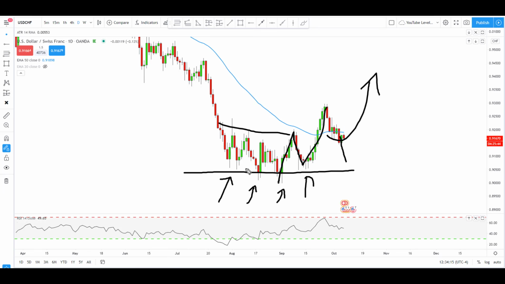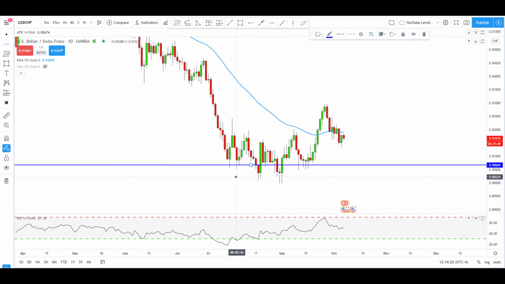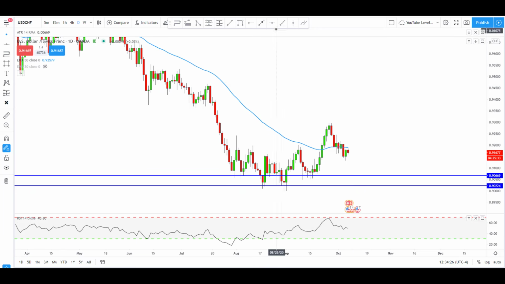I don't think we're going to make it back down to this support level. If we do, though, this support level will be a level that I'm looking at for possible long trades. If we get into this level, that's what I'll look for. As for resistance, why don't you try to point it out? Let's do that. If we're right here,